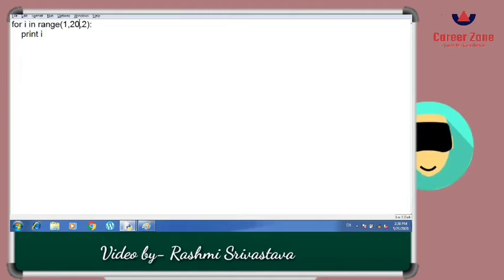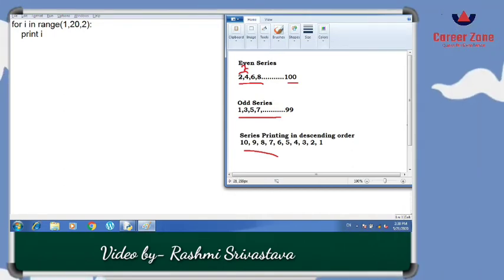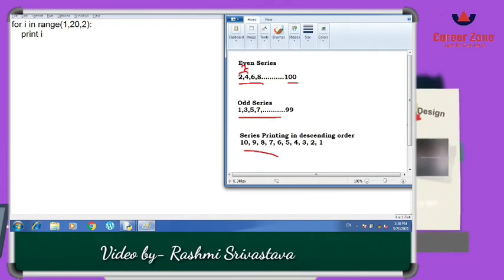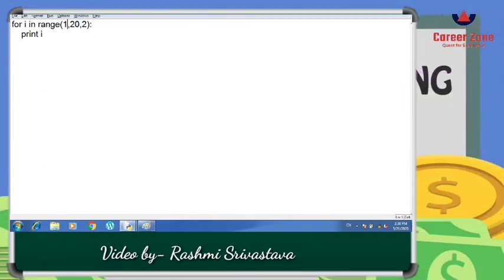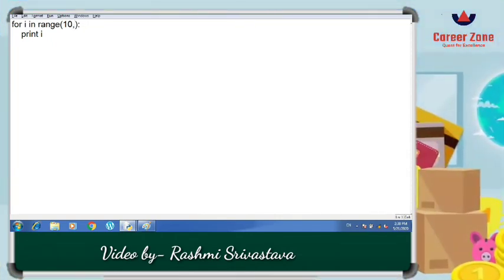Now we will start printing the series in descending order, where the upper limit is the largest value and the lower limit is the lesser value. So we need to decrement the value by 1. What we are going to do, I am going to write here 10, and let us write here till 1, and for decrementing I am going to write here -1.